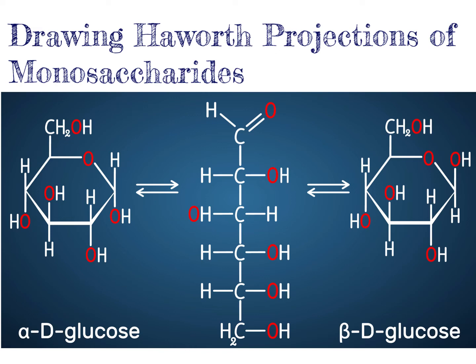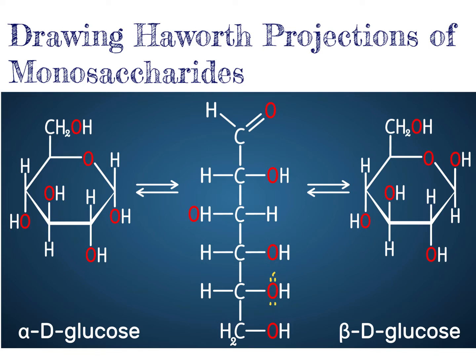In the last video, we looked at how we can convert open chain monosaccharides, such as this molecule, open chain D-glucose in the middle, into ring structures through intramolecular reactions, where we react the aldehyde group at one end of the glucose molecule with the next to the last hydroxy group down here, where during the reaction, the hydroxy group